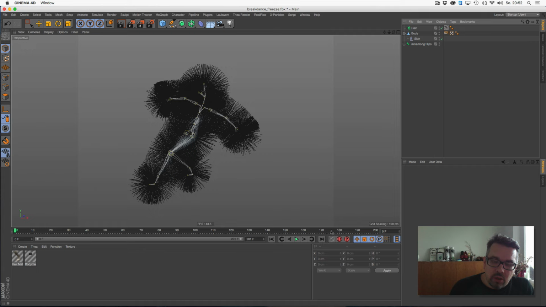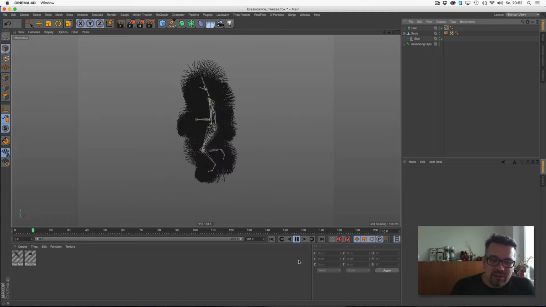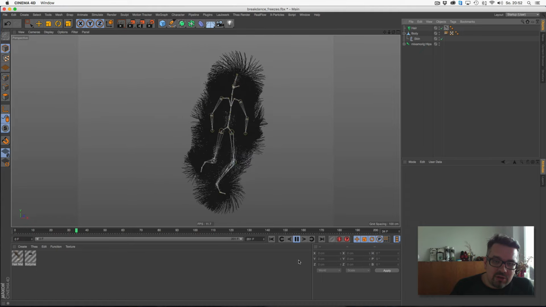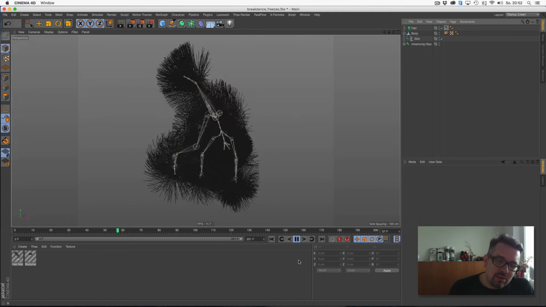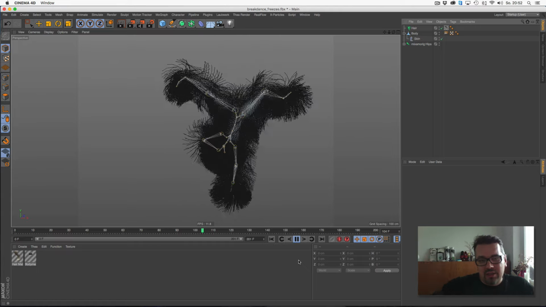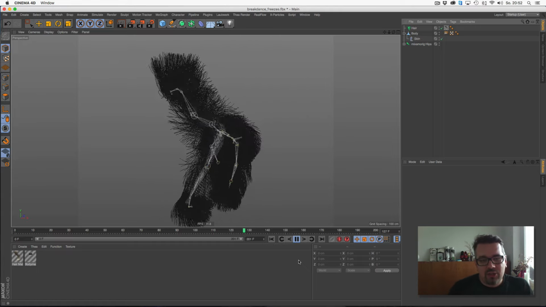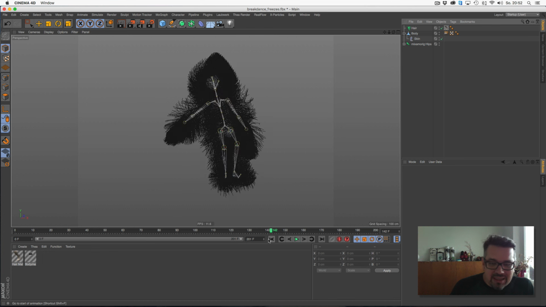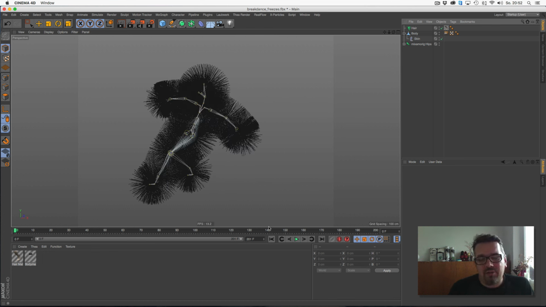So now the whole simulation reacts on the guides, and the guides are now a bit less detailed than the ones before. You can see here in the editor preview, everything looks a bit more stiff now. The hairs don't fly around as much as before. And this is exactly the dynamic I like to have there. And this is what I did.